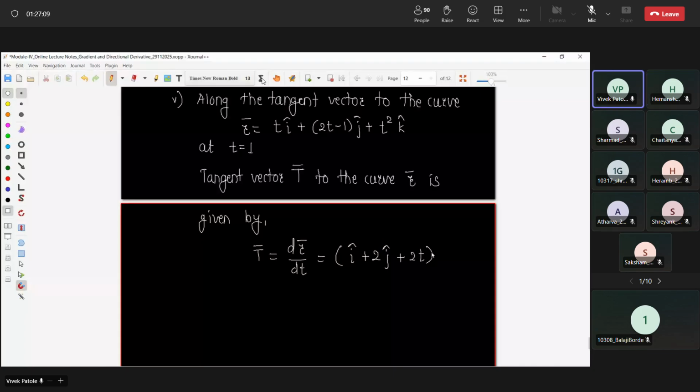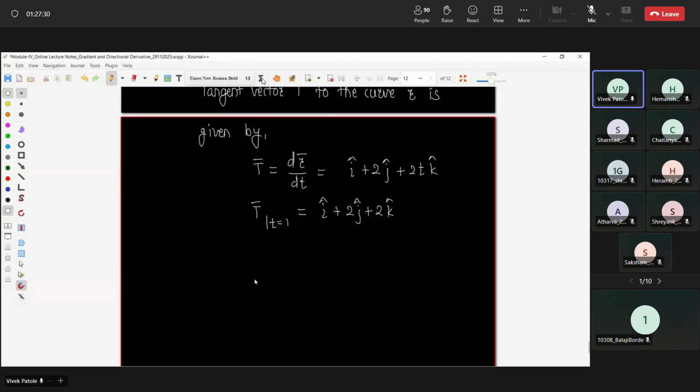And we wish to calculate this t bar at t is equal to 1. So wherever t is there, we have to replace it. So it will be i cap plus 2j cap plus 2k cap. So let u bar is equal to i cap plus 2j cap plus 2k cap, and therefore go for evaluating